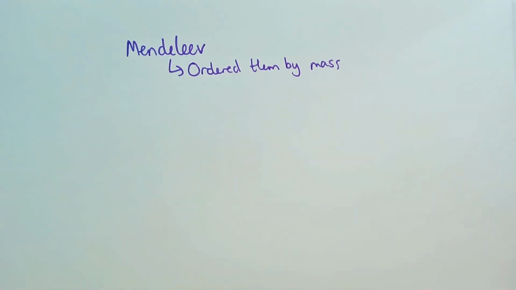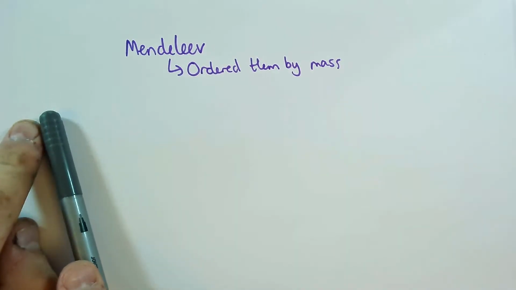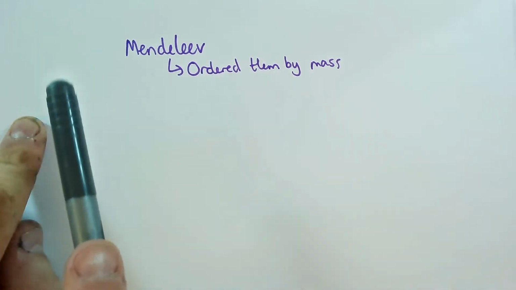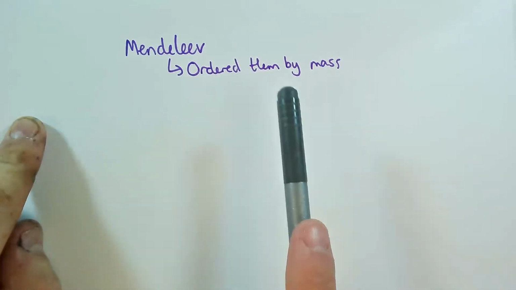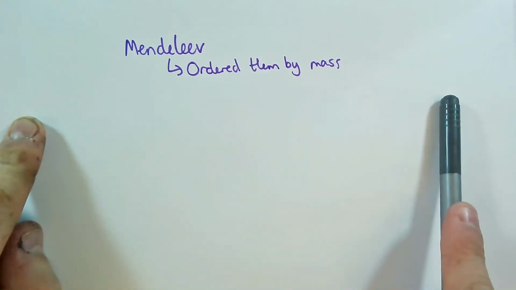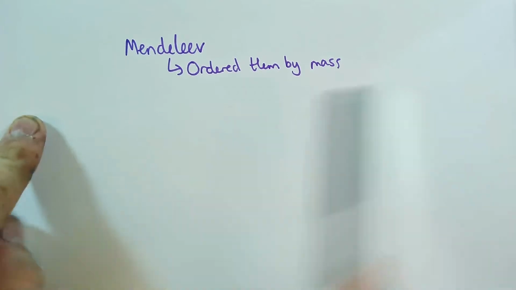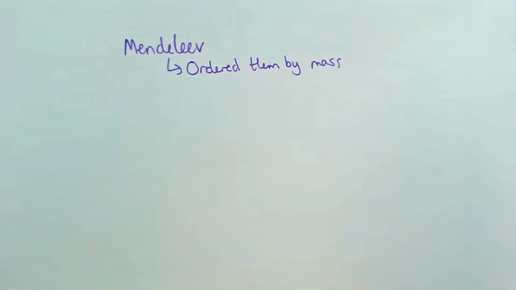And then what he notices, if I'm going through the elements, I'd go, right, lithium explodes when it reacts with water. Beryllium, boron, carbon, nitrogen, oxygen, fluorine. Neon, he doesn't know about neon at this point, but ignore that. Sodium. Sodium explodes in contact with water. So they've got similar properties. So it makes sense that they ought to be together in some way because they're similar.